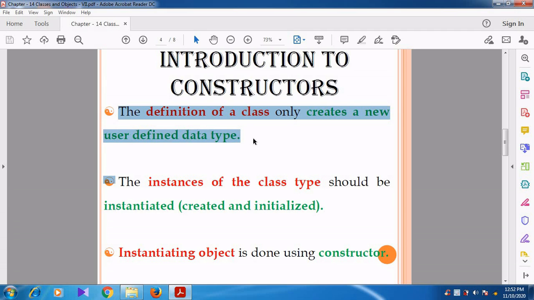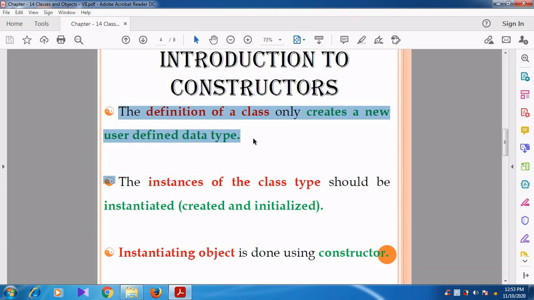So what they are trying to say is, the definition of a class does not do anything, because only when we create the object is the class working. The class is in working condition, we can say.